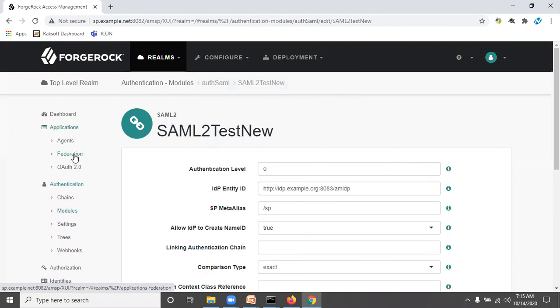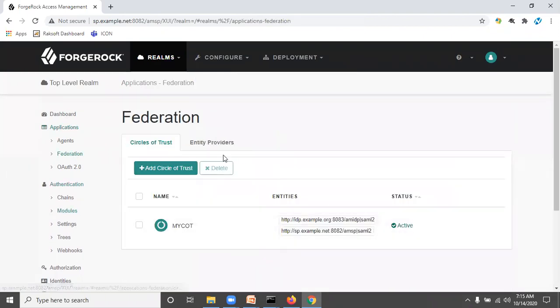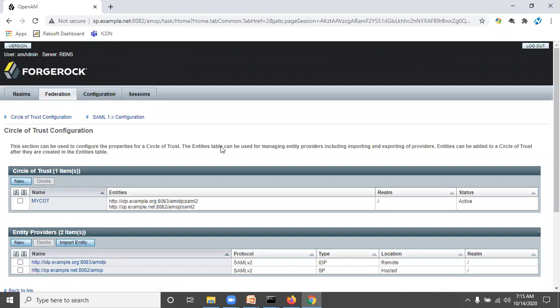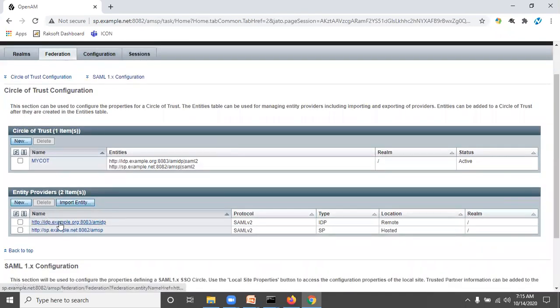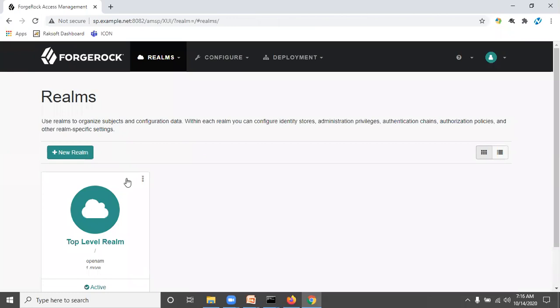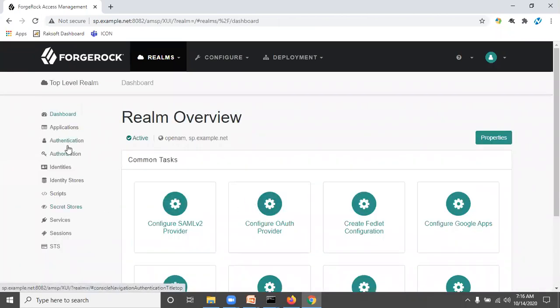Go to Applications, Federation, Entity Providers. Click on this one. This is the entity provider, and only this name we have to give as the IDP entity ID. Now we have configured the SAML2 authentication module.